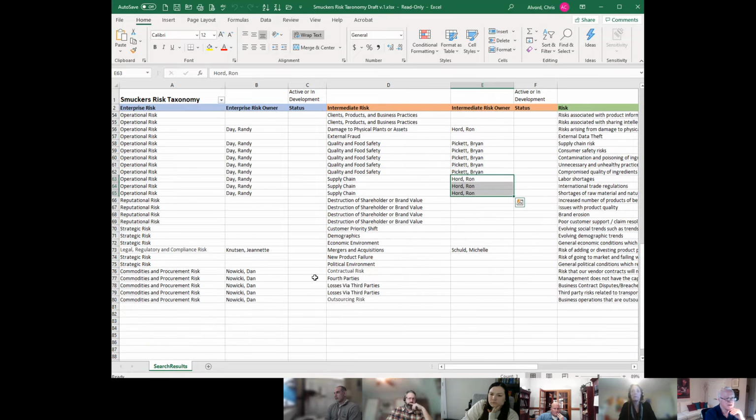And then on reputational risk and strategic risk, I have to ask. I know you have multiple strategic risk areas here, but I need to ask about that. We have an SVP of strategy, a wonderful lady, and I know her a little bit, so she may be willing to step in and head that up. Nonetheless, I'll resolve that fairly soon. Okay, sounds good. I appreciate any updates, because this will eventually be our data import template for our initial load into Archer.